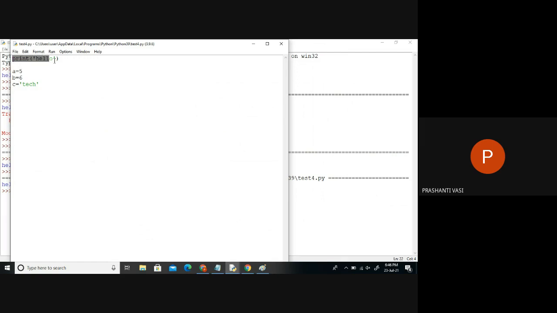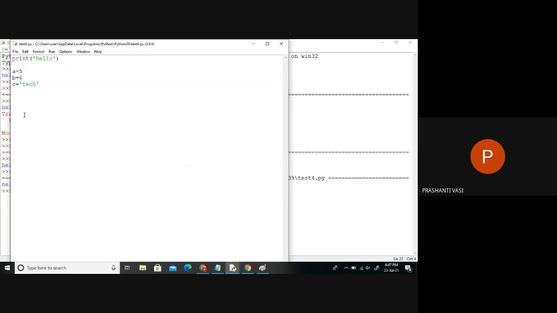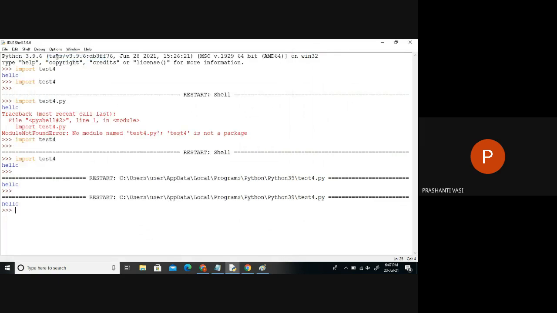So this line gets translated and executed, upon which it gives a hello statement on the screen. And these 3 statements are just loading of the data into memory. It's not a print statement anymore. So these are not shown on the screen because there is no print statement after that. So when I'm running the software from here, the Python interpreter runs first and loads the file. Out of that file, whichever is the print statement, it gets executed immediately.